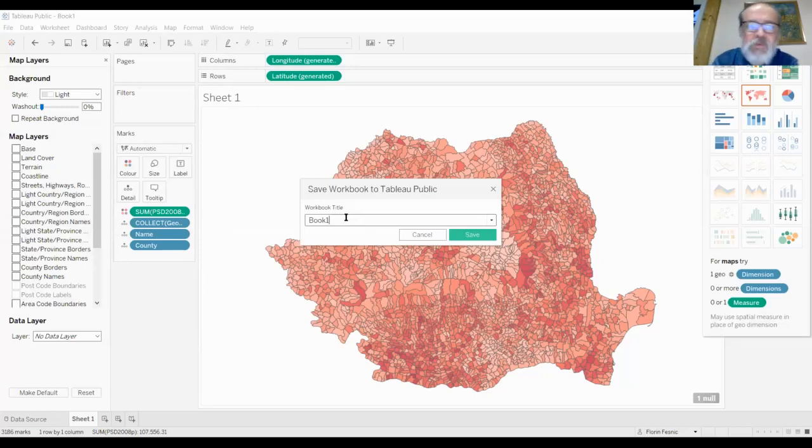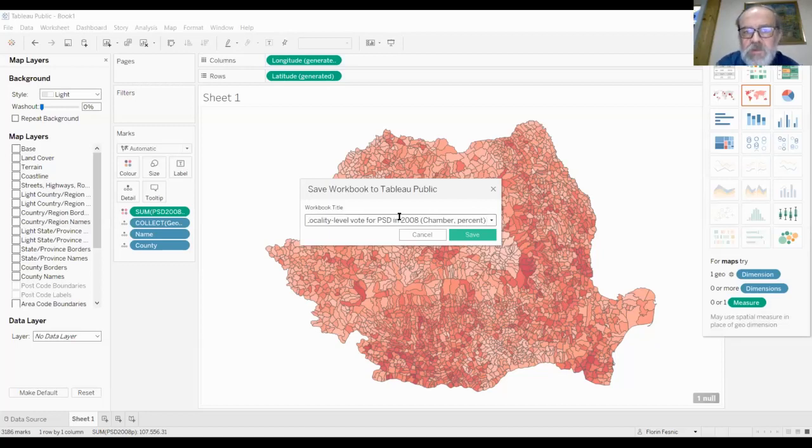So now we give this map a title, say locality level vote for PSD in 2008, chamber, percent.